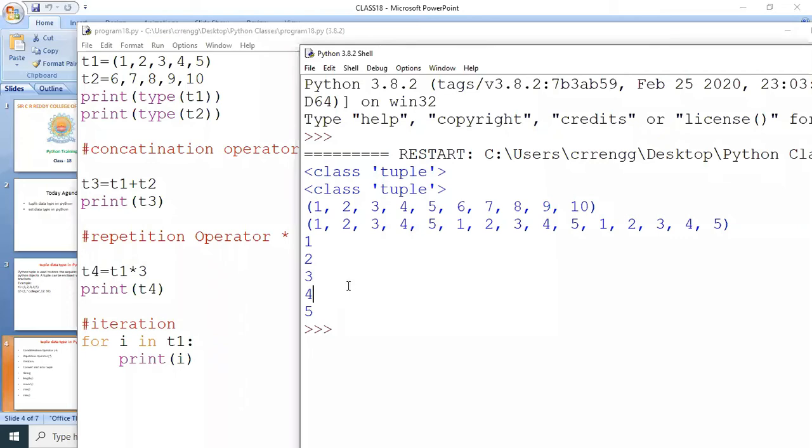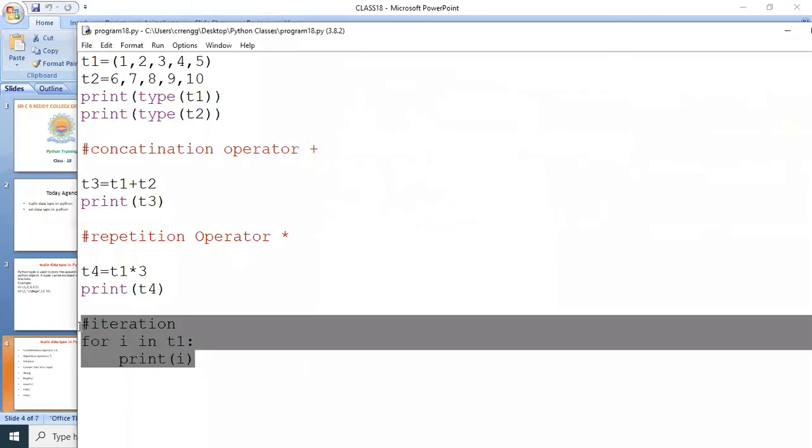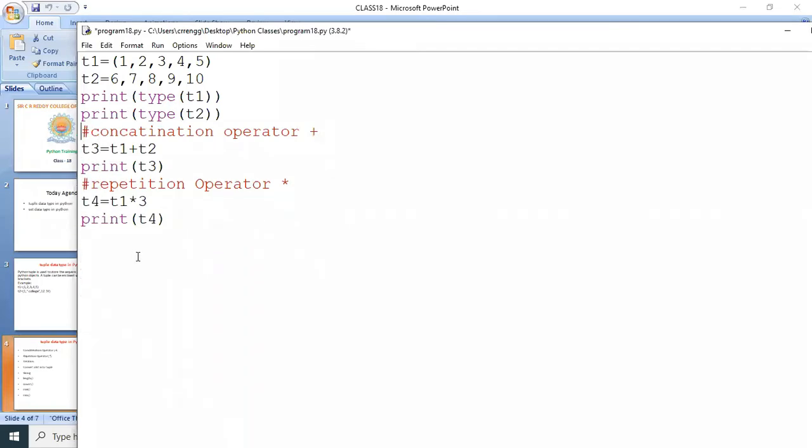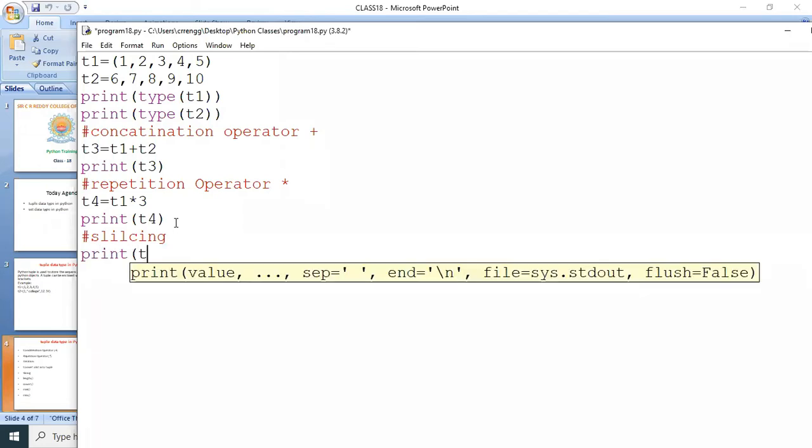So now we see slicing. So I'm going to print T4, 2 to 9.